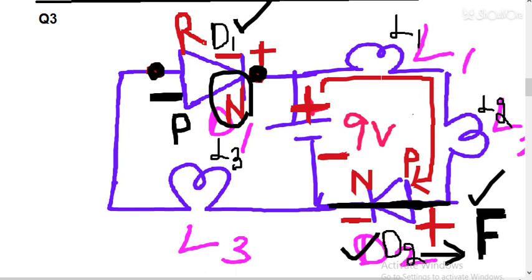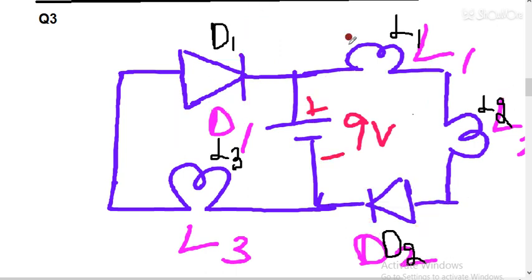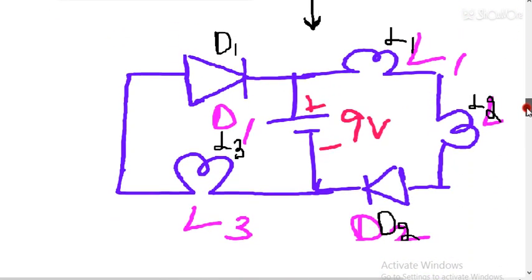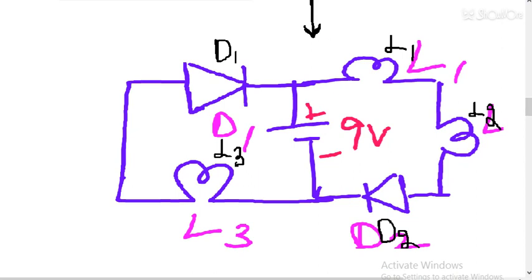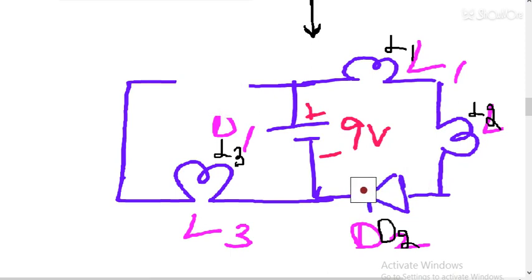Okay, now see, it's a modified diagram. So its modified diagram will be like this one. So I have to erase the diodes D1 and D2. So this diode D1 was